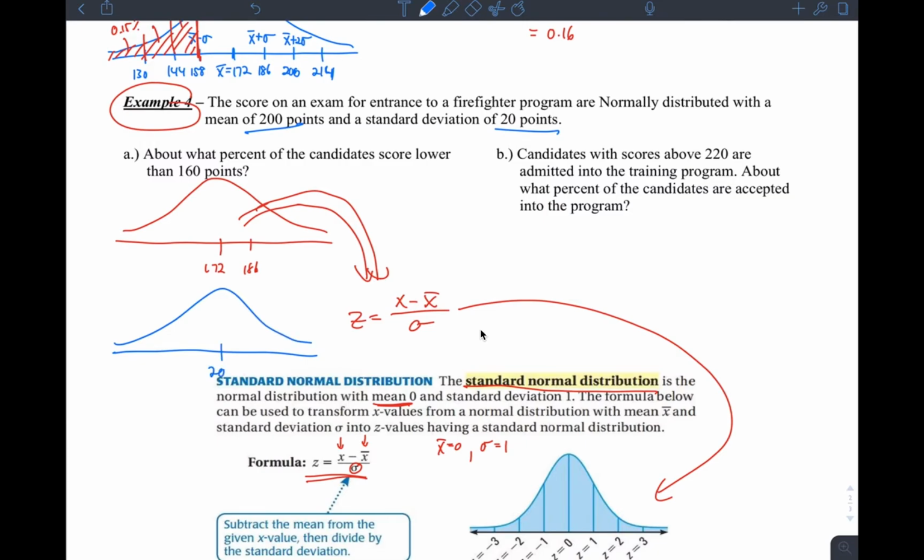Okay, mean 200 and standard deviation 20, which is clearly not similar to this one. They are both similar shape and they have some similar properties, but they're not the same. For me to make a comparison between these two distributions would be quite tricky. But what the standard normal distribution allows me to do is standardize all these values, and then what pops out again is the exact same distribution. So I can take any normal distribution, standardize it, and come up with the standard normal distribution, which is